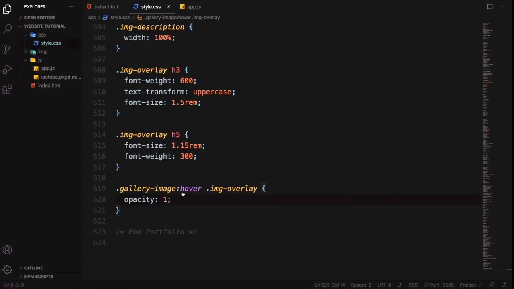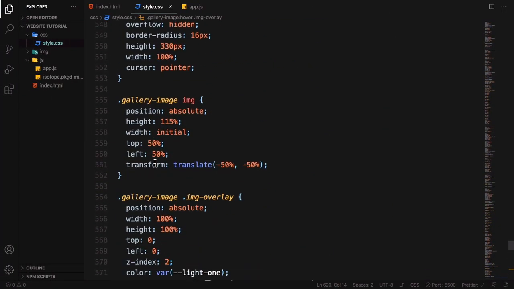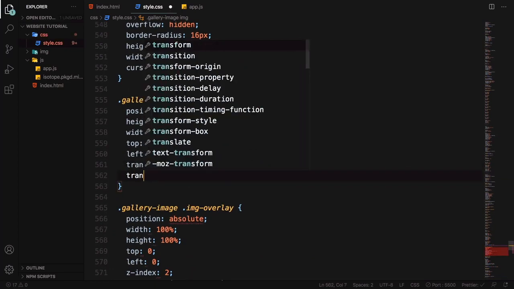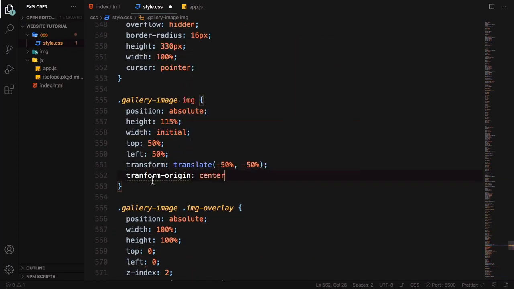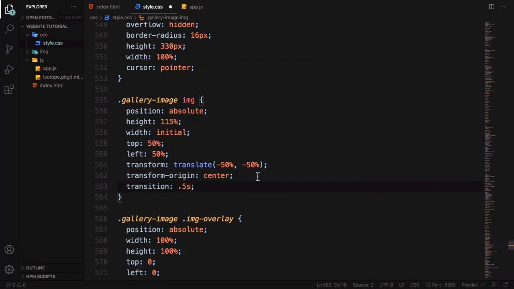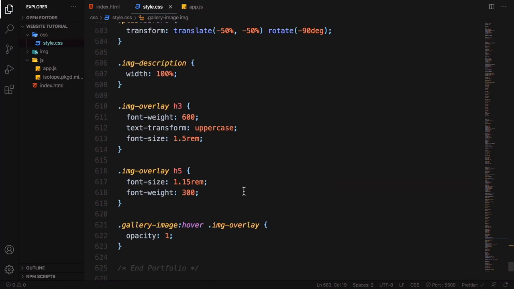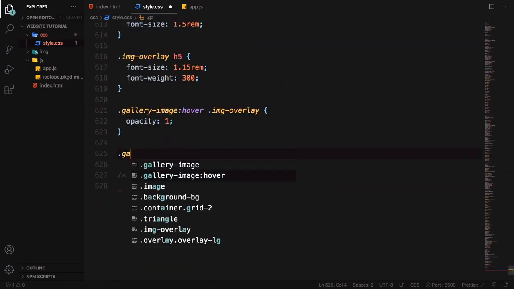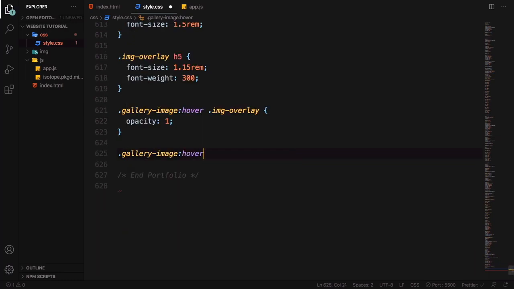So to do that, I'm gonna go inside the image stylings and I'm gonna first set transform origin to center. So since we want to scale up our image, we have to make sure that the origin, or the point around which our scaling is applied, is the center of the image. Then we want to set transition to 0.5 seconds so we get a nice and smooth animation. Now I'm gonna go ahead and say that gallery image column hover, and let's select the image tag that we